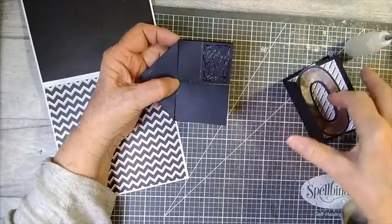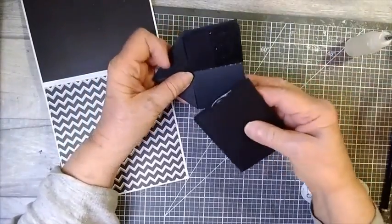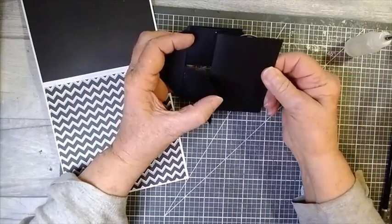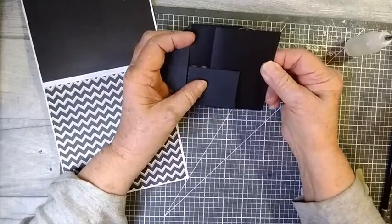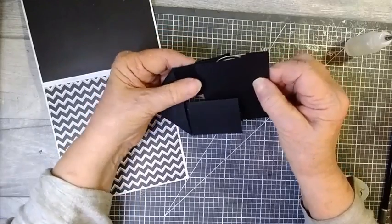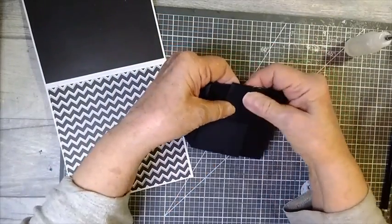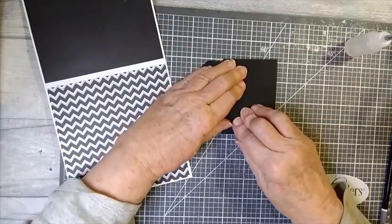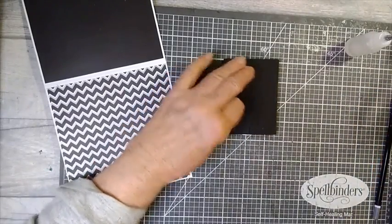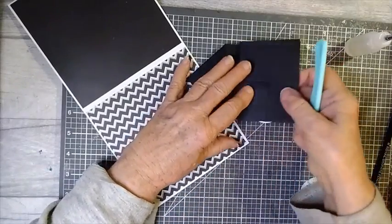Okay, and again taking this with the open end towards you, we're going to lift this little bit up first, and take this and put it up to that score line, and then try to get as much as possible these ends an even overhang thereabouts. Okay, and this will actually glue both sides down at once. So I'm just going to take a bone folder, give that a chance to dry,